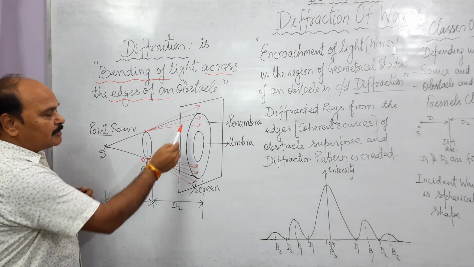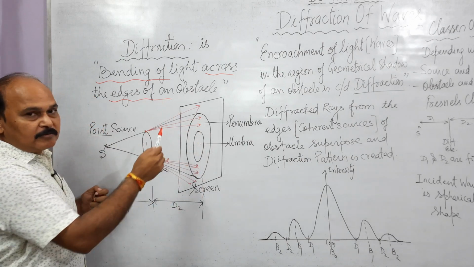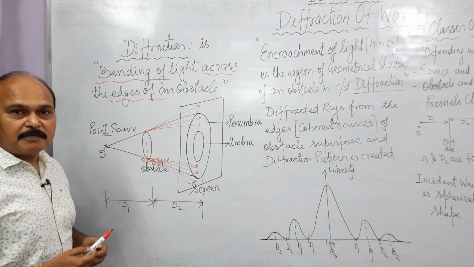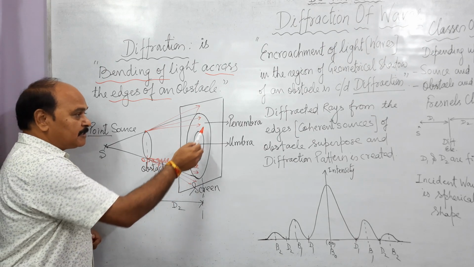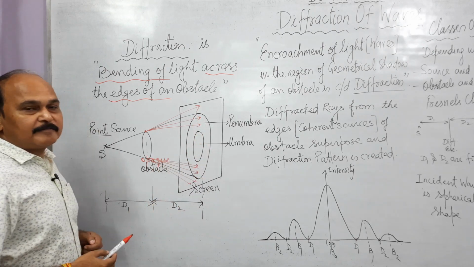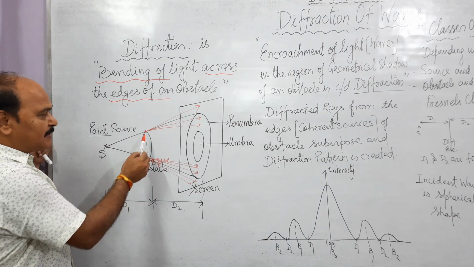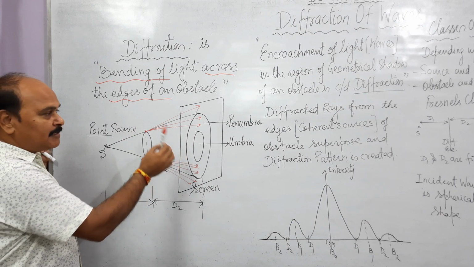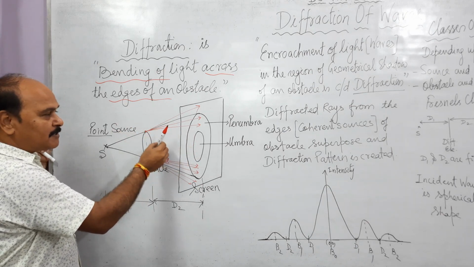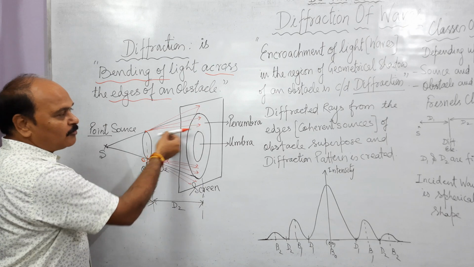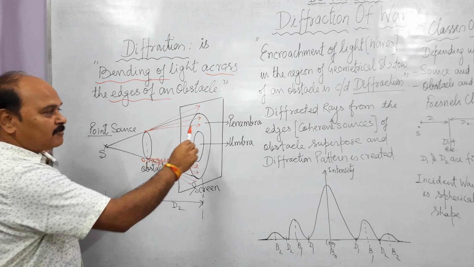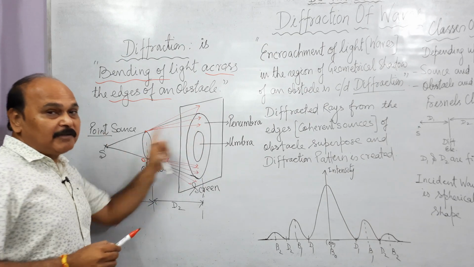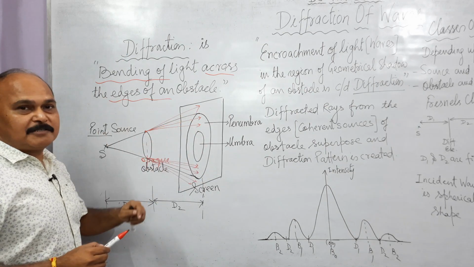So this light moves into this region of geometrical shadow. Well, this object is, say, a circular disc. So the image should be a circular disc. But what happens? The light which hits the edges of the obstacle does not travel straight. It deviates from its path, and in the process, it moves into the region of geometrical shadow, the region where there should have been no light had the light been traveling straight. There also the light reaches.